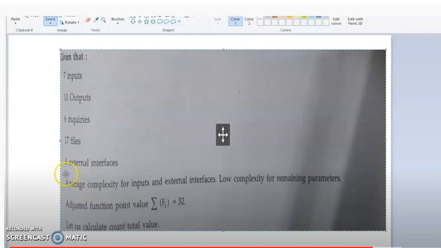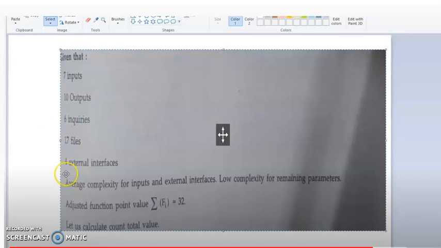Then you have to determine function point assuming complexity adjustment value is 32. Here 32 is the value of the adjustment factor, that is, the summation of F i equals 32. Then we have to calculate the count total value.